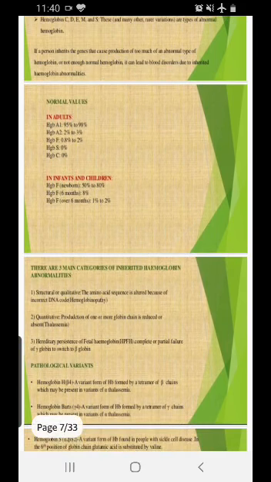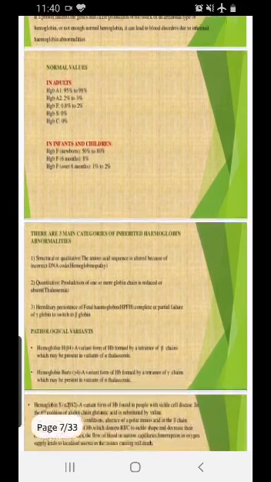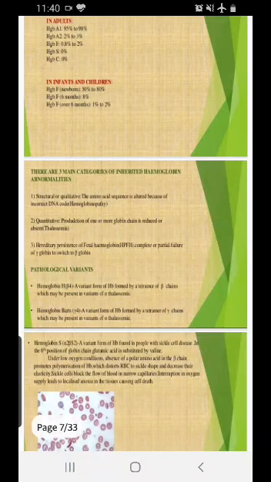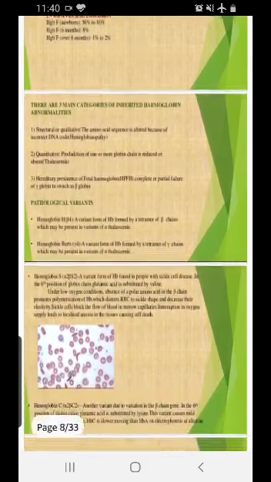In this above chart, you can see the relative presence of these different types of hemoglobins inside the adult and in the infant and child. In the adults, we have HbA as 95 to 98%, A2 as 2 to 3%, HbF is 0.8 to 2%, HbS 0 and C is 0. But in infants, you can see HbF is around 50 to 80%, and by 6 months it reduces to 8%, and above 6 months it is around 1 to 2%.